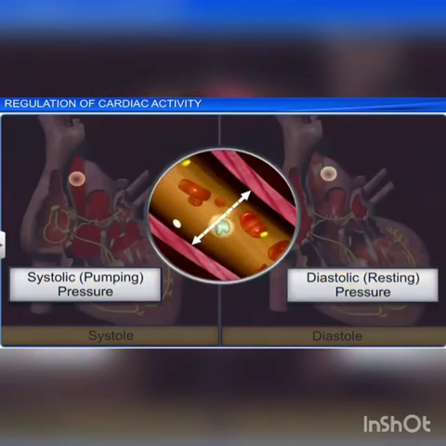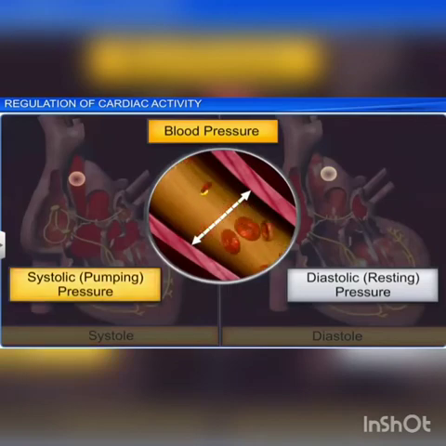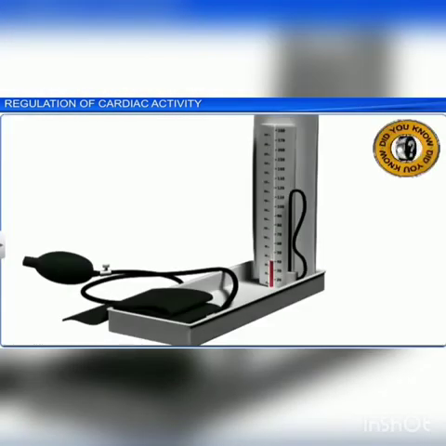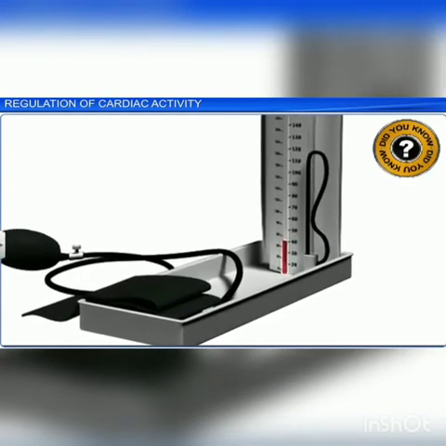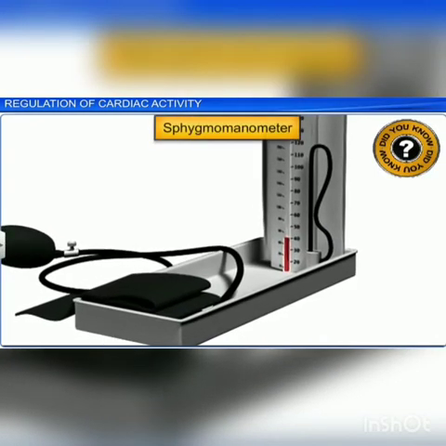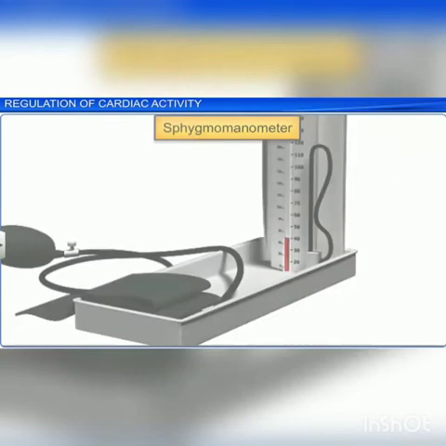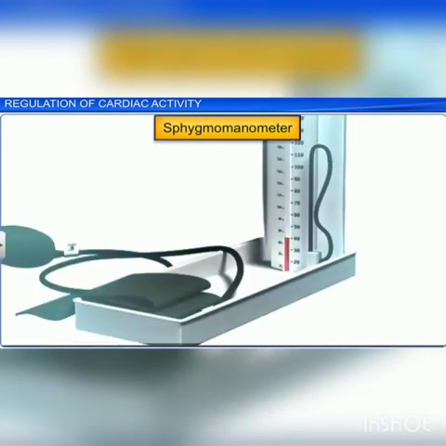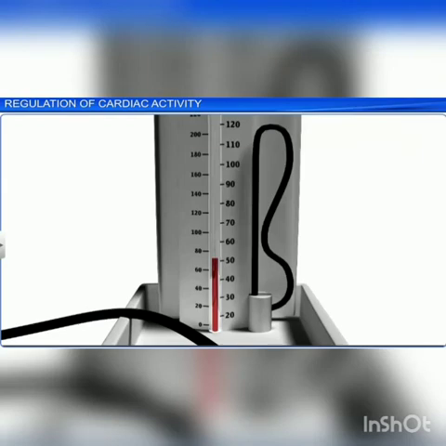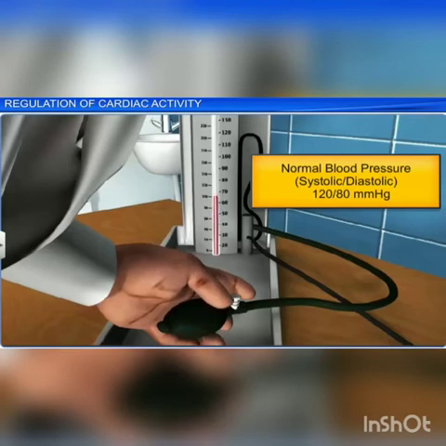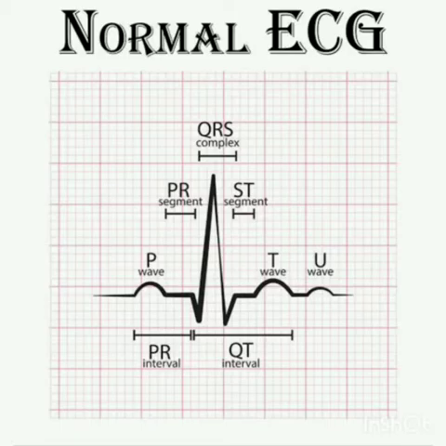Diastolic pressure is the pressure in the arteries when the heart chambers relax. So the blood pressure is measured by using an instrument called sphygmomanometer. We can call it a BP apparatus. The blood pressure can be expressed as systolic pressure over diastolic pressure. That means the normal blood pressure in man is about 120 by 80 mmHg. Here the 120 is the systolic pressure and 80 is the diastolic pressure. And next we move on to